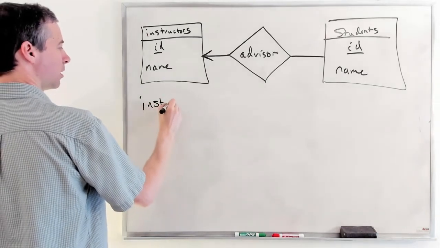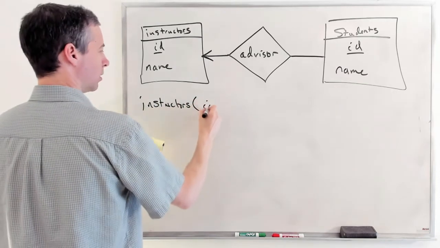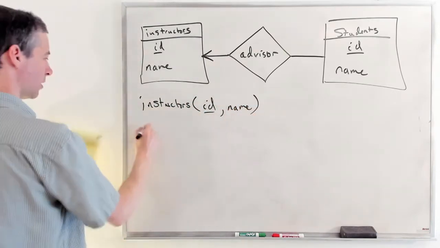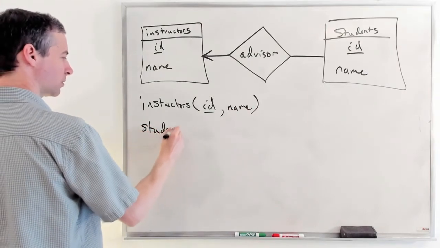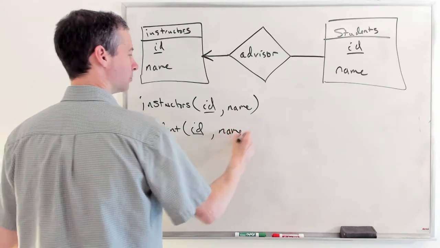Just take its name, becomes the name of the table. We've got a primary key, and then our next column. Same thing happens with students. Got its primary key and its column. All right,